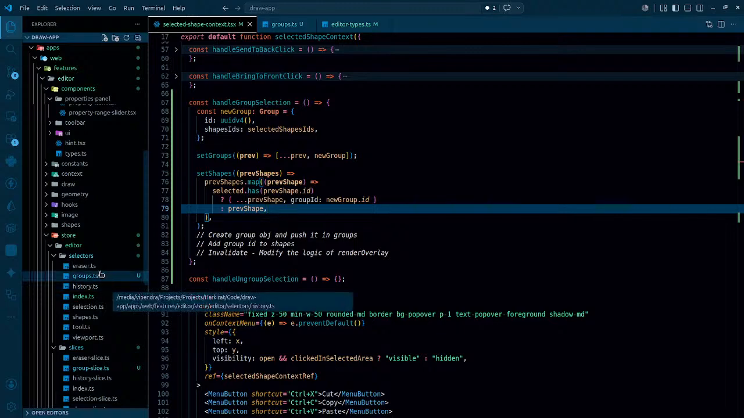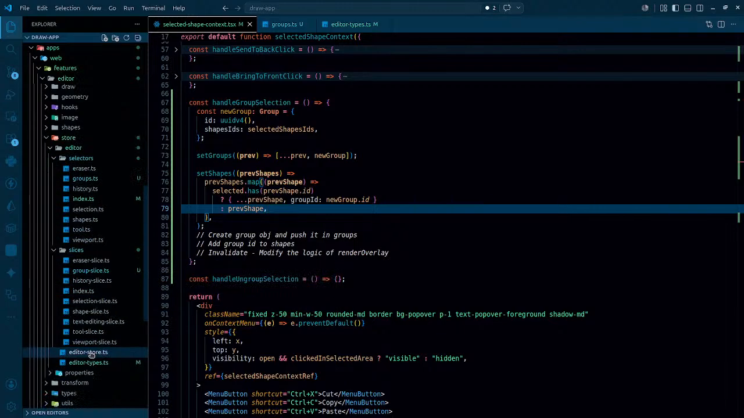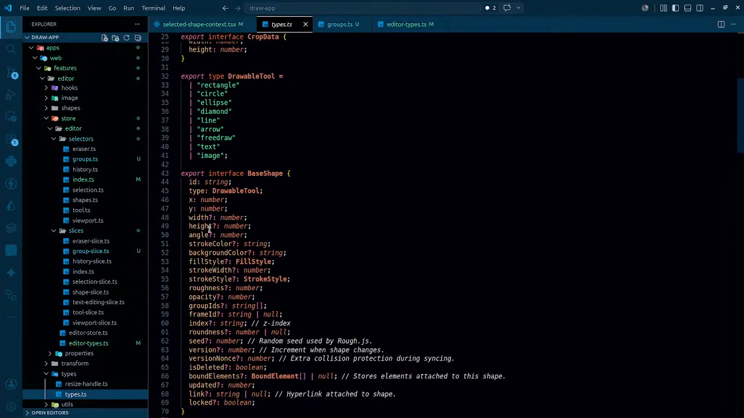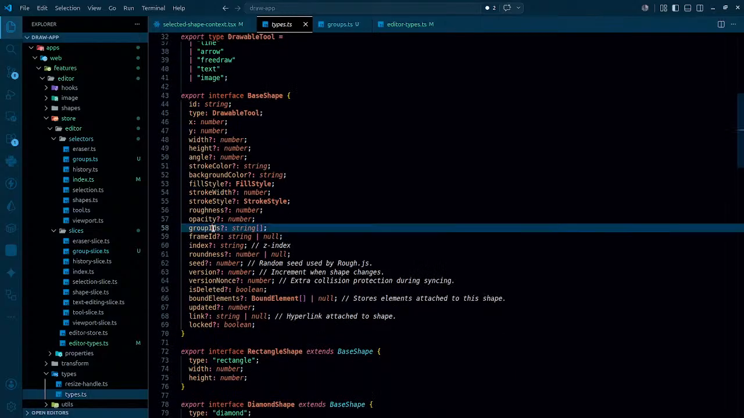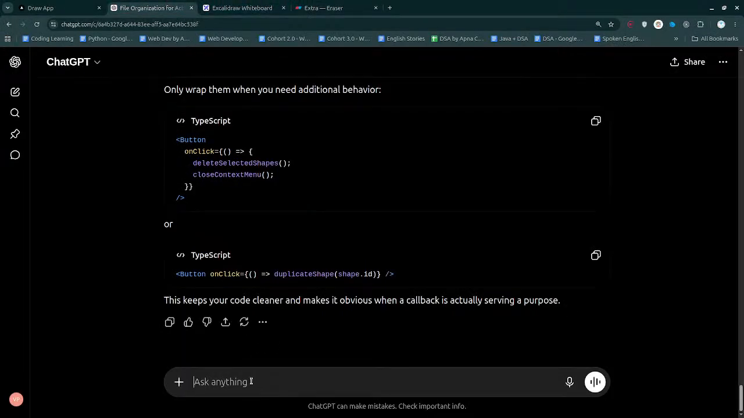So when it comes to a shape, right, it has group IDs. Group IDs. How can a shape belong to many groups? Is that possible? Can a shape belong to many groups? Let's see. Can a shape belong to many groups or